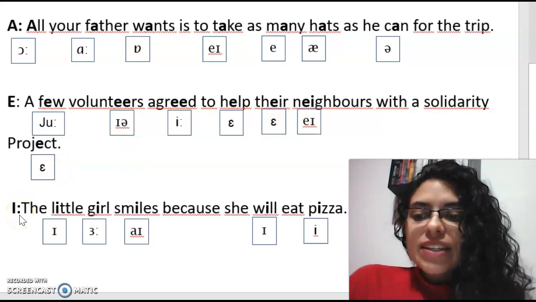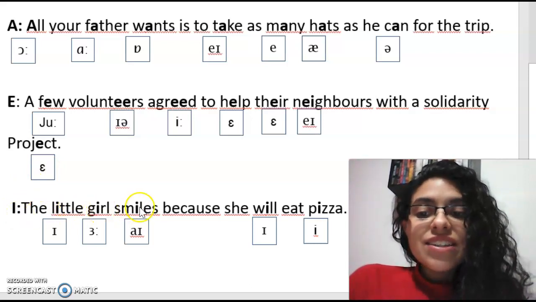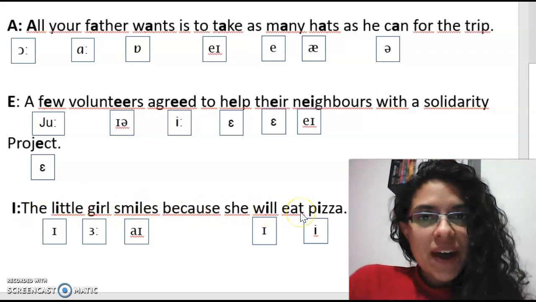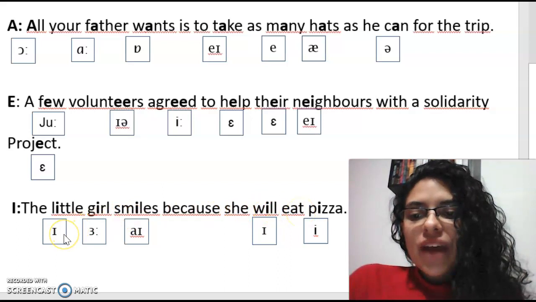Okay, let's go with the I. The little girl smiles because she will eat pizza. So we have here